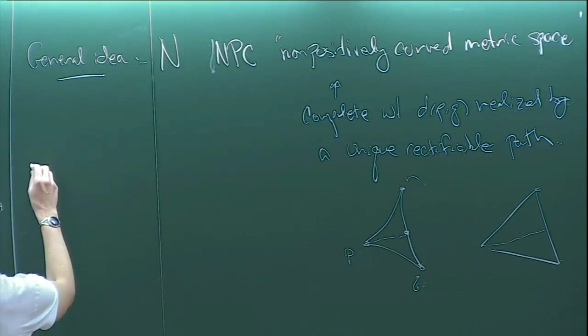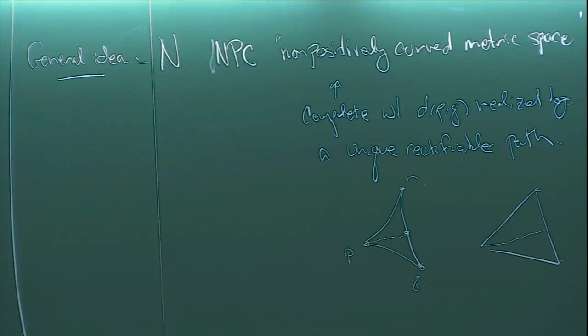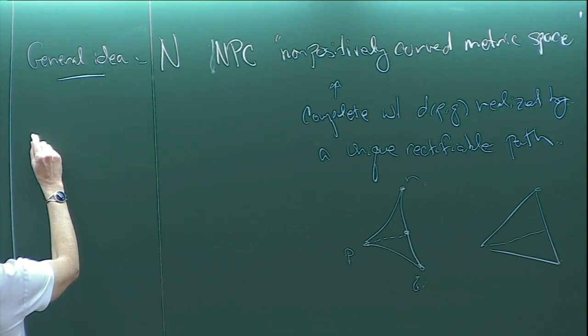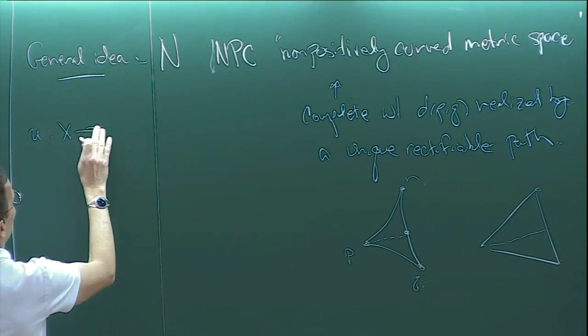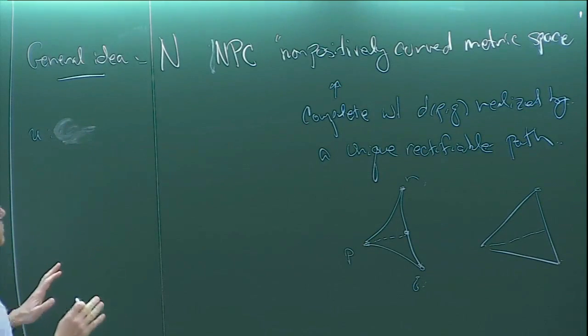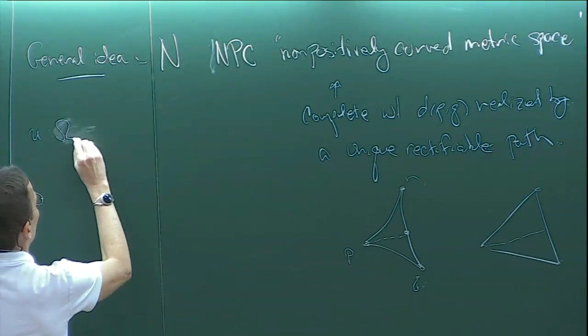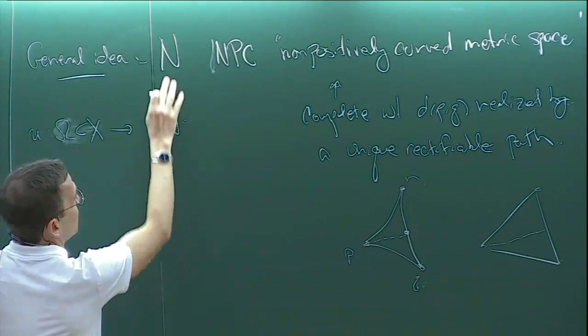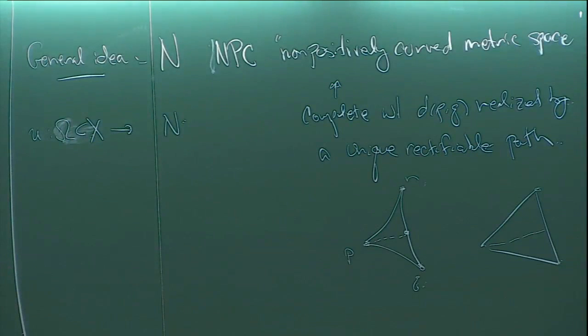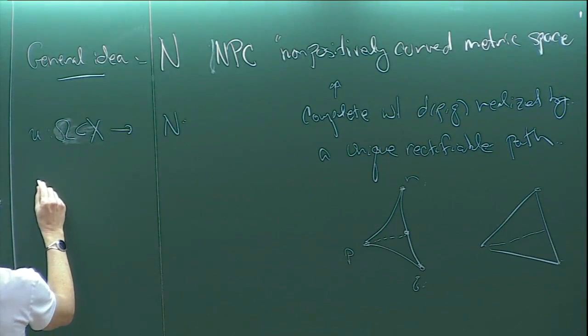Okay, so now how are we going to define a harmonic map? We have to first of all talk about the energy of a map from X into this NPC space. So how do we do that? Maybe the appropriate way to do this would be to take an open domain omega inside of X for the moment, and I'll keep the target to be a complete NPC space. And so here, this will be L2